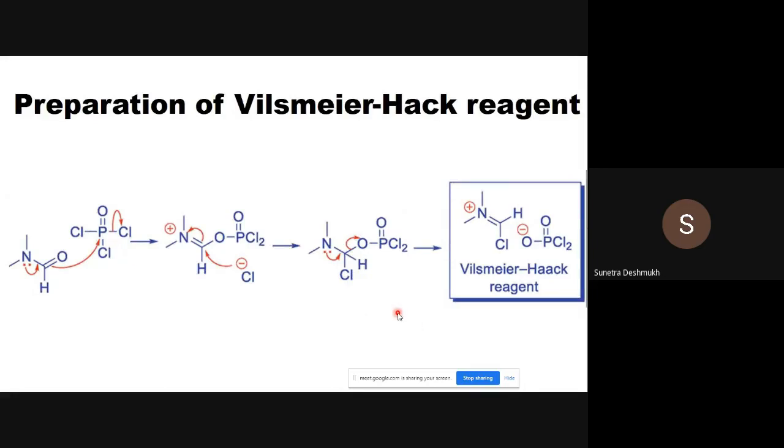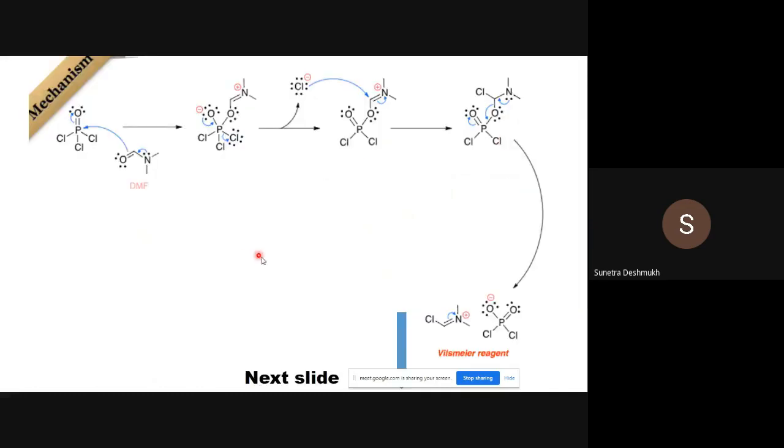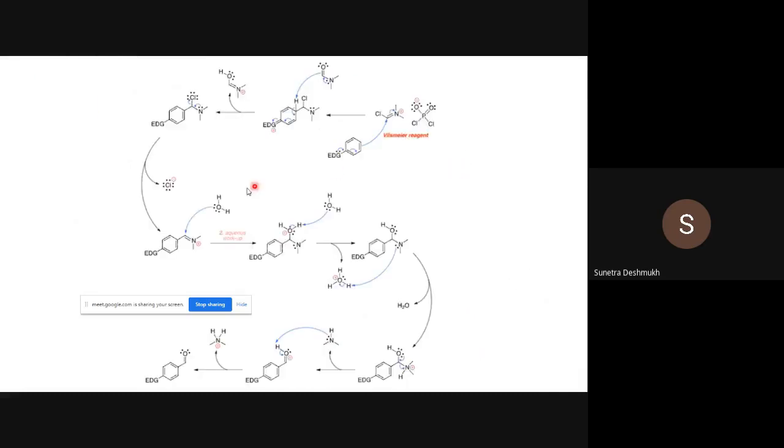Our formylated aromatic compound. So first, the reaction when we add POCl3 to DMF. This is the reaction between POCl3 and DMF. Here you will get this intermediate. After rearrangement, we will get your Vilsmeier-Haack reagent like this. This Vilsmeier-Haack reagent acts as an electrophile for the electrophilic aromatic substitution on any aromatic compound. The same reaction I have given here, a reaction between DMF and POCl3. At the end we get the Vilsmeier-Haack reagent, which acts as the electrophile and which will react next with the aromatic system.